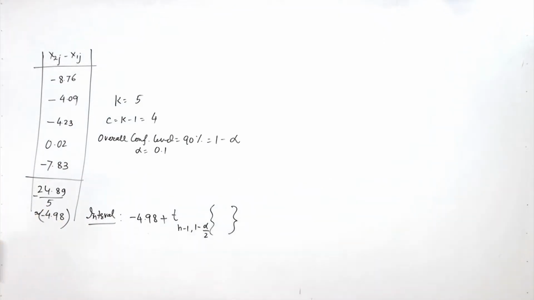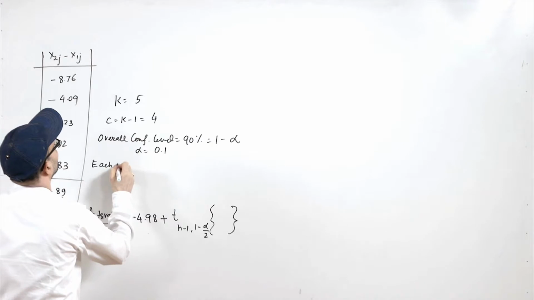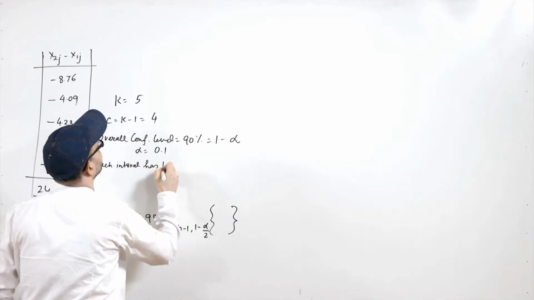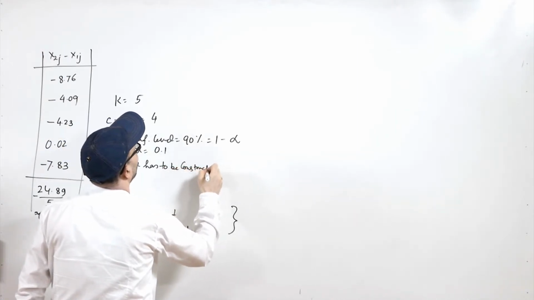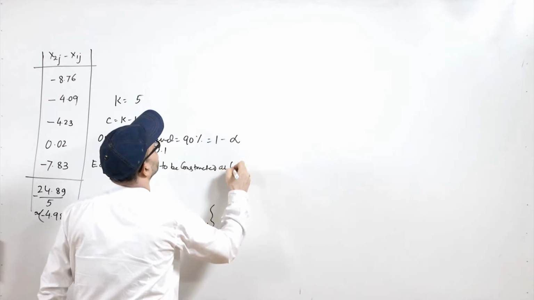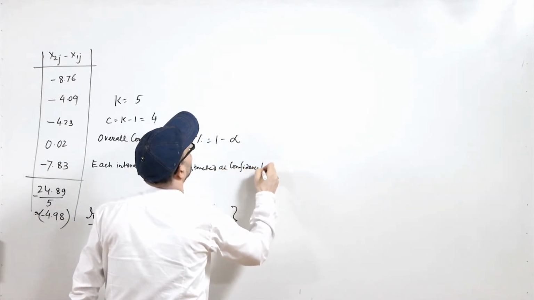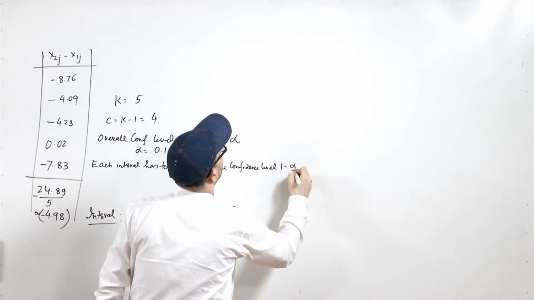So, ultimately each interval has to be constructed at confidence level 1 minus alpha by 4,